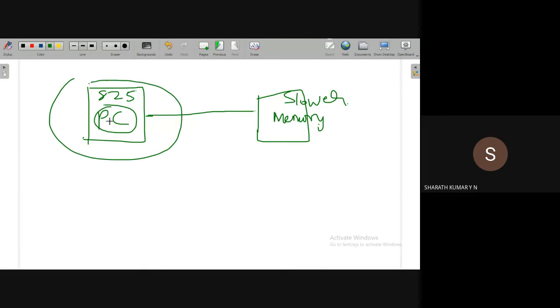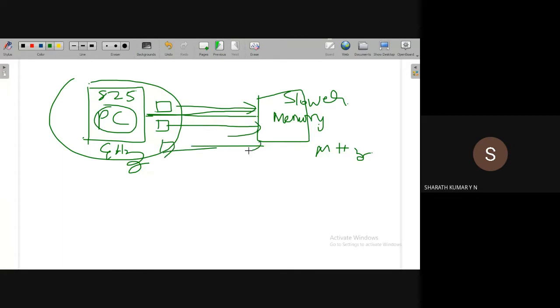So it is transmitting the data. This operates at a gigahertz, while this memory device will operate at a much slower speed, maybe at a megahertz. So the data transfer should be at a slower speed, byte by byte. It will transfer the first byte, which is stored into the memory, then the second byte, then the third byte. It's a very slow operation. This is what is called an asynchronous operation.